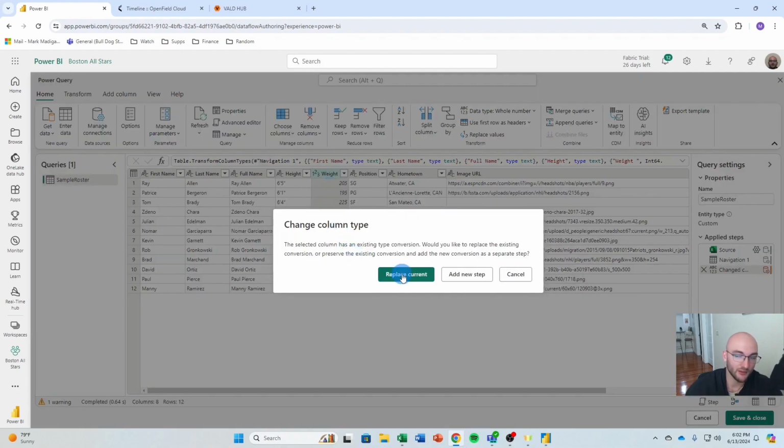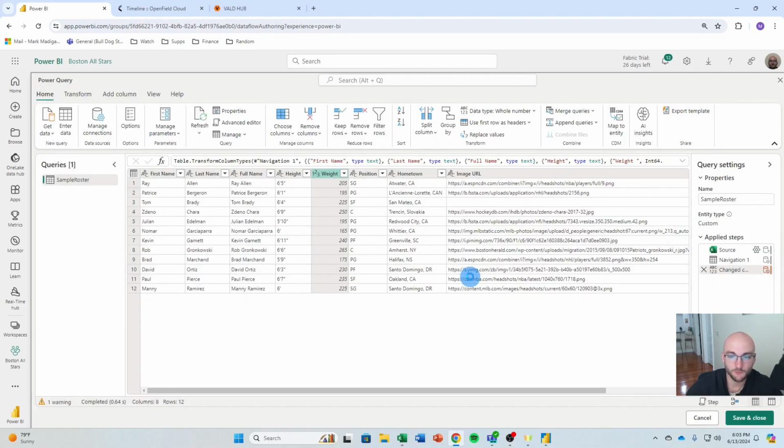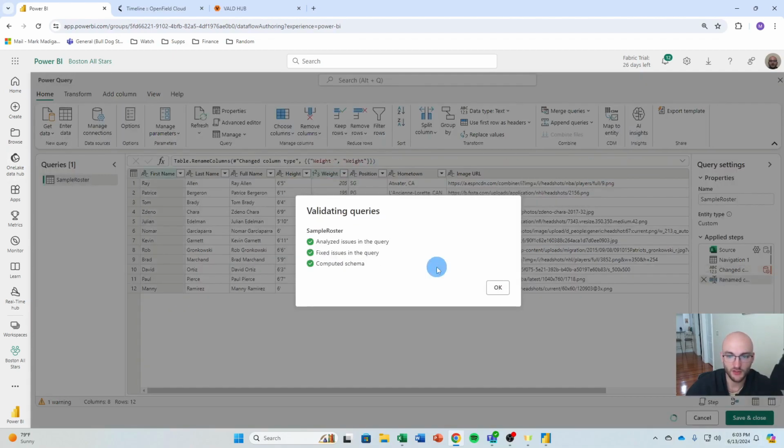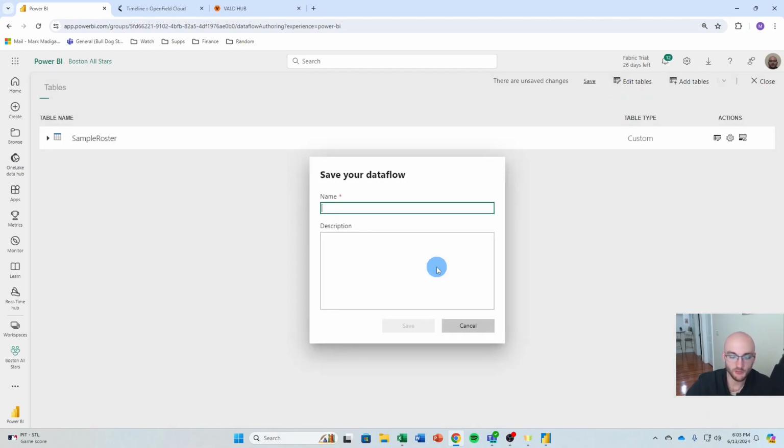I can replace my current step, or I can add another one, and it just adds it to the right, and it shows it here, 1.2. However, how it was was right, so I'm just going to click the X next to that step. This is good. I'm going to save and close, finish my data flow, and then I'm just going to give it a name, roster, save this,